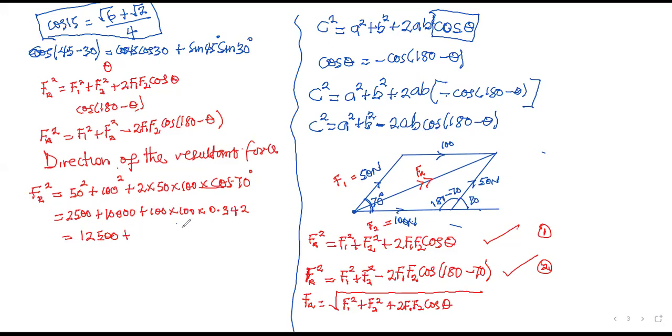Then 10,000 times 0.342 is 3,420. And when you sum this up,